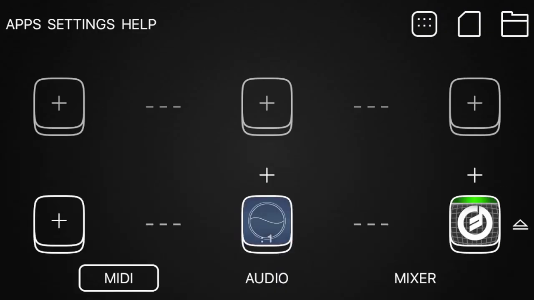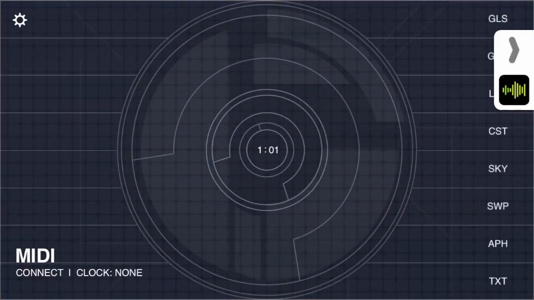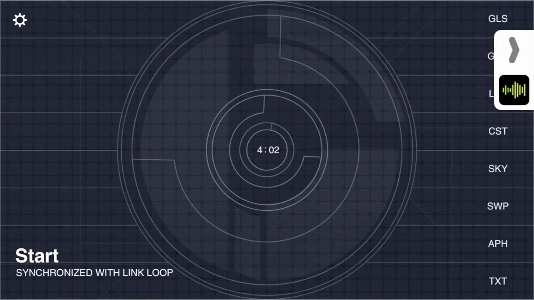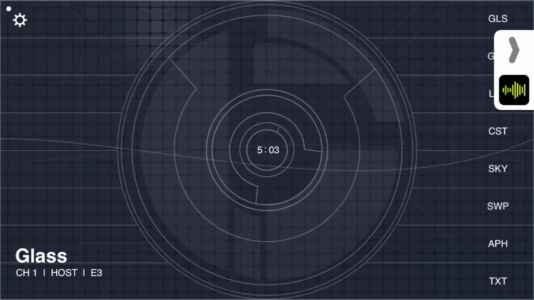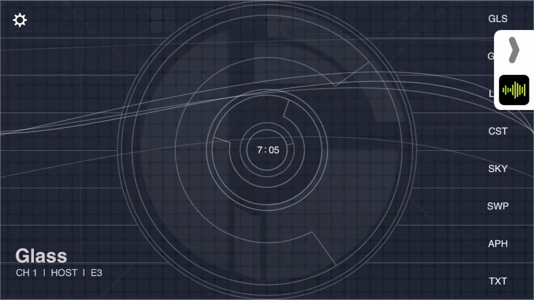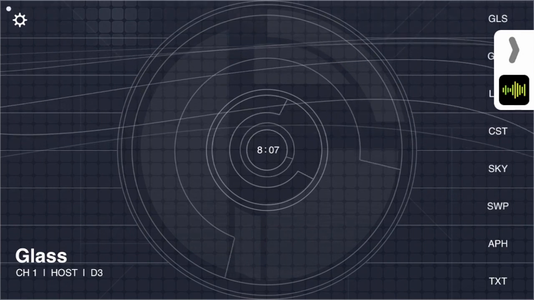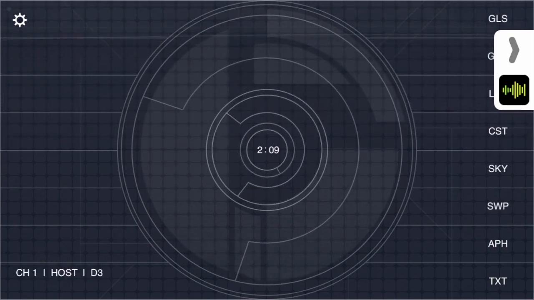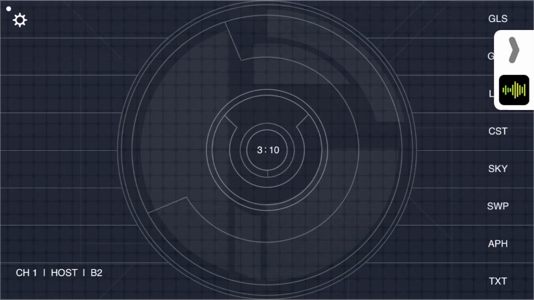Once Animoog is launched, I'll enter Refractions by tapping the Refractions icon. Inside Refractions, I'm entering all my notes in the top track, which is track 1, because I chose port 1 in Audiobus, and Animoog is set to receive messages on MIDI channel 1. You can hear it playing the Animoog synth instead of the Refractions internal sounds. Even in the MIDI effects slot, I can use the Refractions interface and sequencer like a MIDI input, sending notes